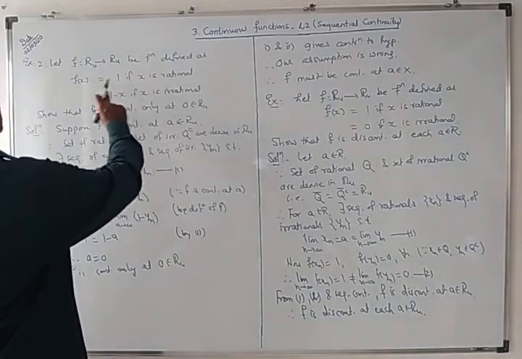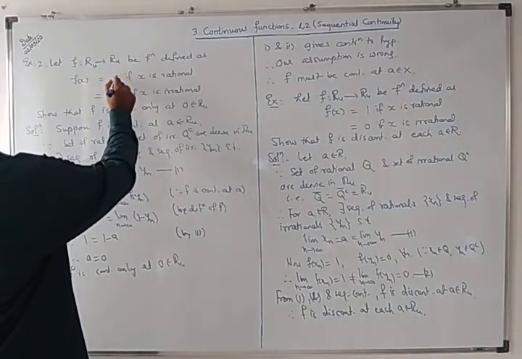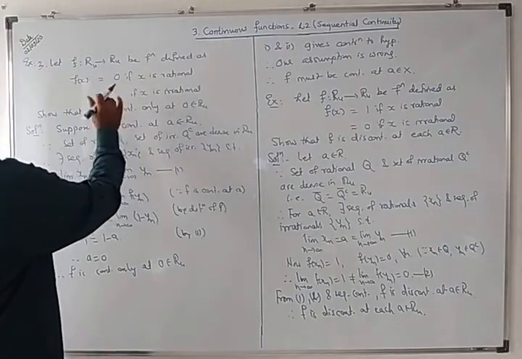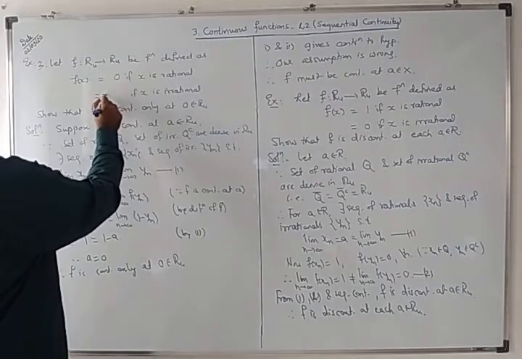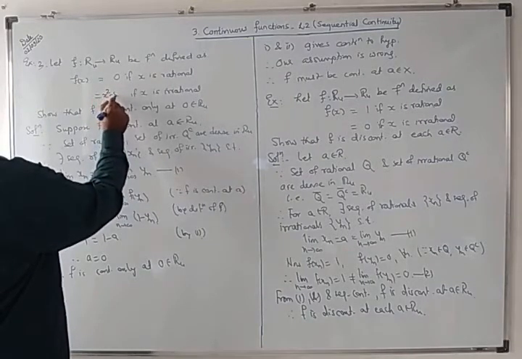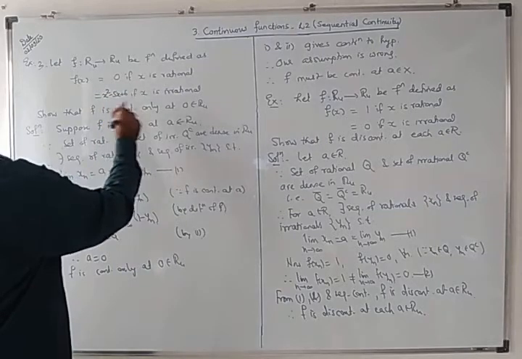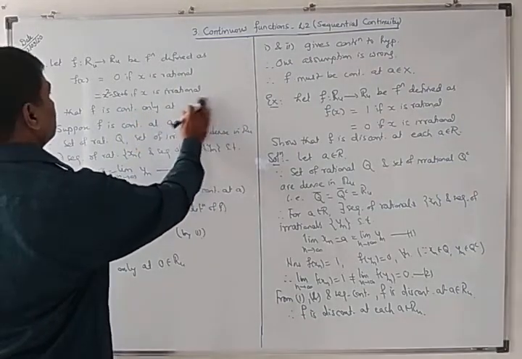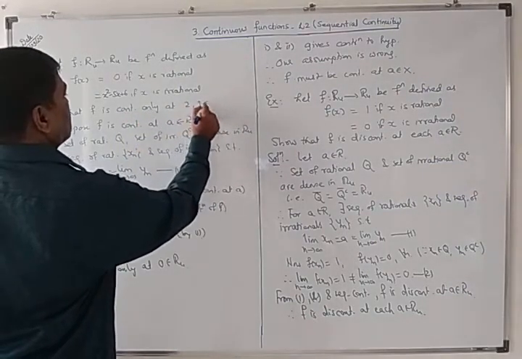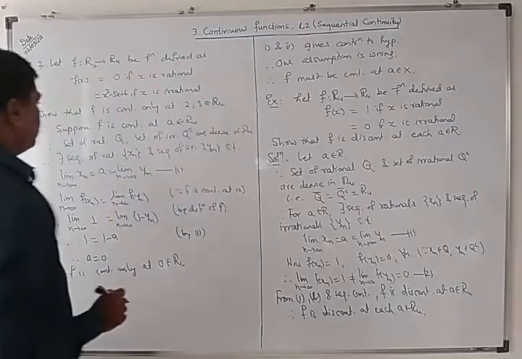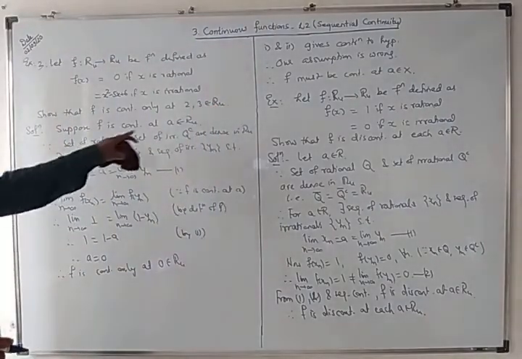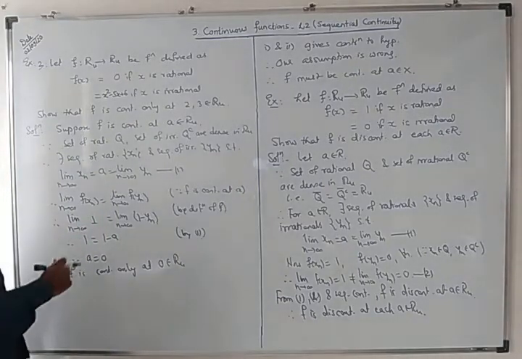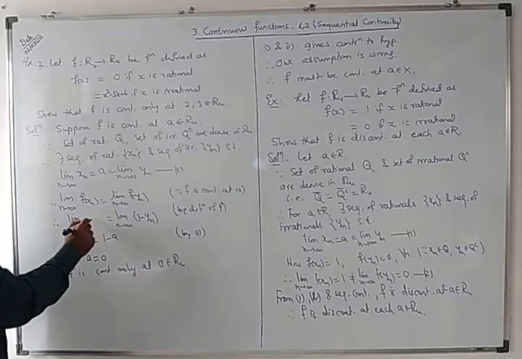Here, if I take f(x) = 0 if x is rational, and next, example number 3, f(x) = x square minus 5x plus 6 if x is irrational, then it is continuous only at 2 and 3 belonging to R. If you assume that f is continuous at a belonging to R, again on the same line we will get this. Here I will get 0,